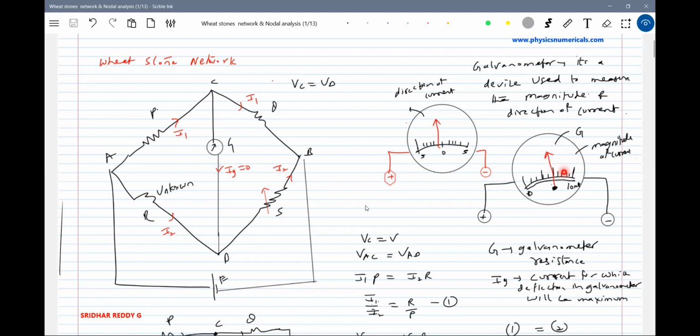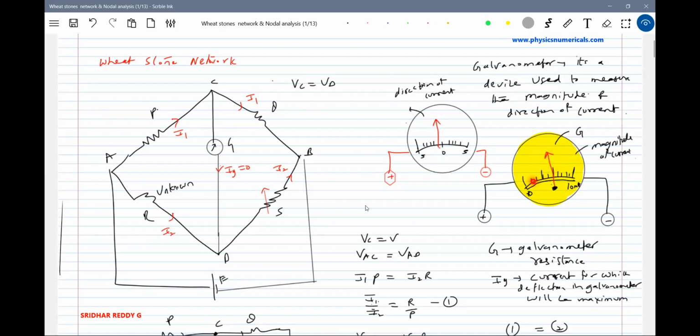What is a galvanometer actually made up of? It will be made up of a current carrying loop, and a magnet. When you pass a current through that loop, it will get deflected and the torque due to the dipole moment will be set up. All this will come in the construction of the galvanometer when we go to the electromagnetism chapter. When we discuss the dipole moment, we will go into the working of the galvanometer in detail.